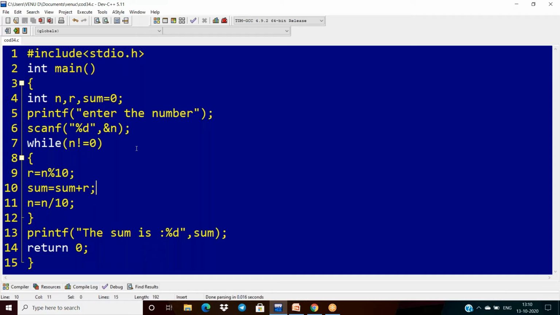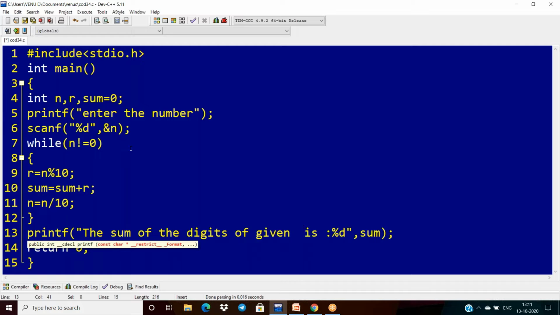The thing is, if suppose I want to display the number also, the sum of the digits of a given number %d is, so first %d is n.